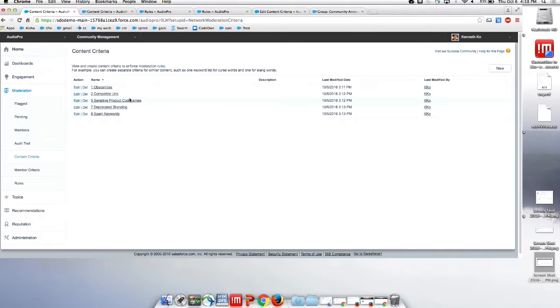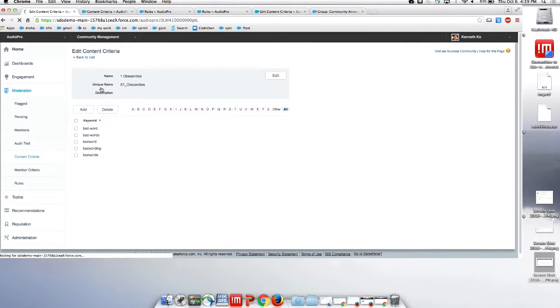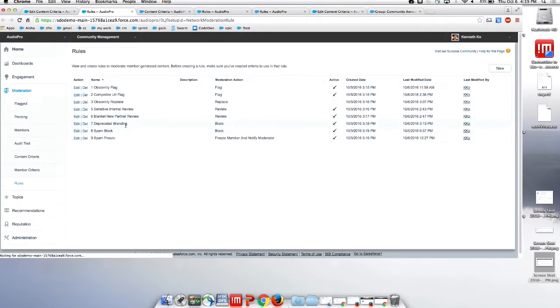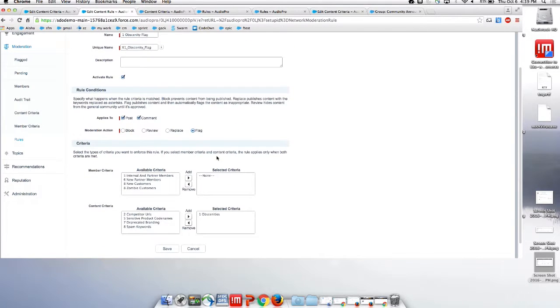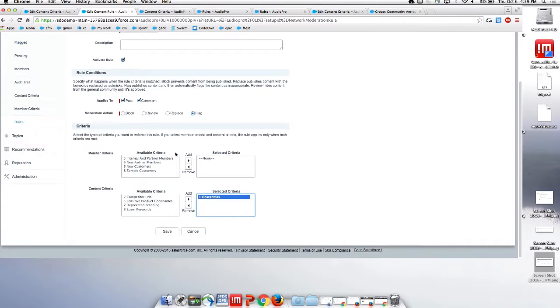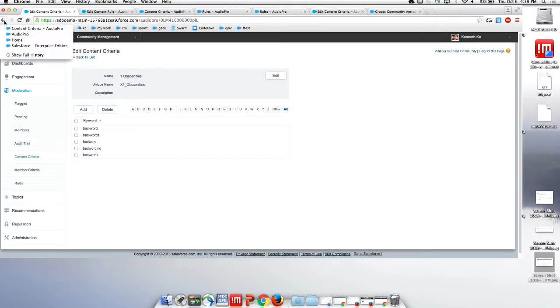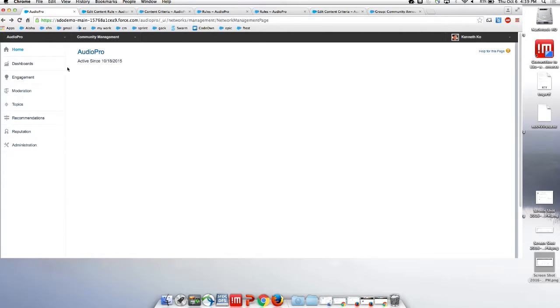So if I go to content criteria and define a list of obscenities, here we have a list filled with bad words. The first draft of this was a lot more colorful. We can take this list of bad words and configure a rule. So here, I simply define a new rule so that when anyone posts an obscenity, I want you to flag it. So when you save that rule, and when anyone, myself included, goes into the community and attempts to post some bad word,